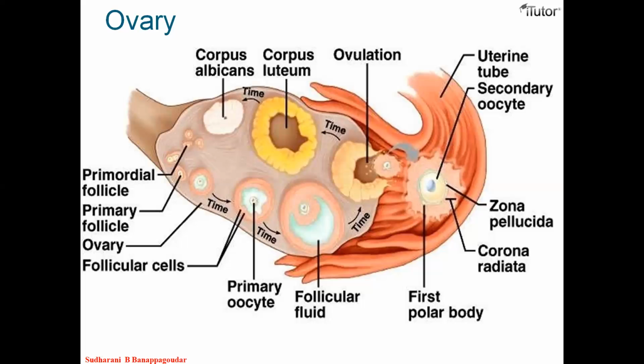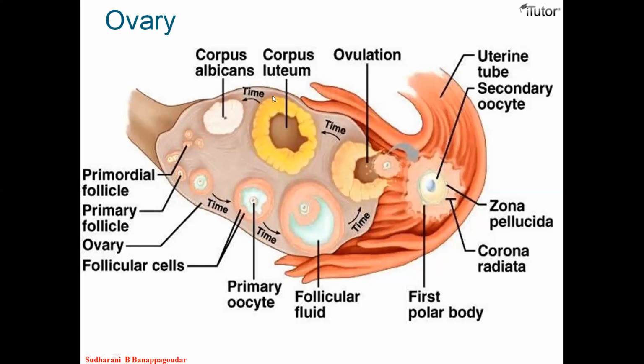That is after the release of the secondary oocyte. This is the primary oocyte, and after the primary oocyte, in the picture it is not shown, but a secondary oocyte will be released. This is the secondary oocyte, from here it is coming, and the ovum is released. When this secondary oocyte is released, the remaining portion where I am moving the cursor